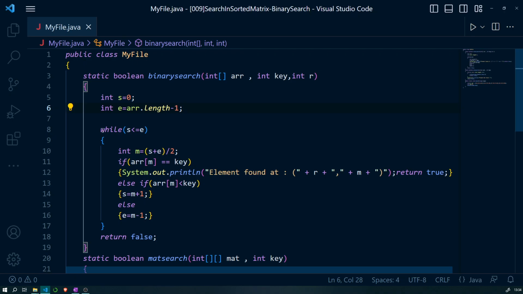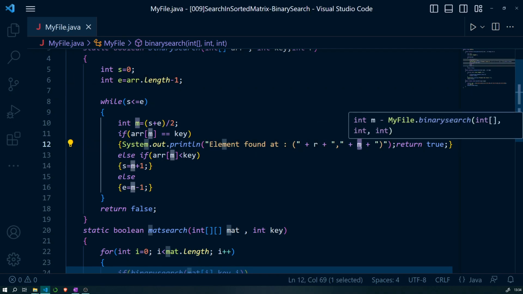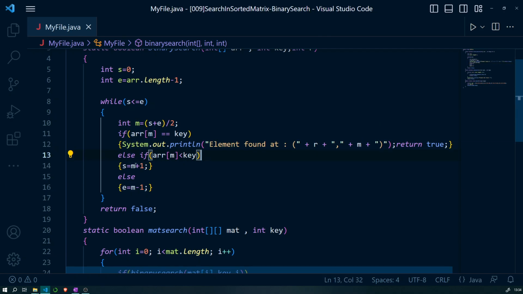While s is less than or equal to e, mid is equal to s plus e by 2. If arr of mid is equal to key, print element found at row number r and column number mid, and return true. Else if arr of mid is less than key, s is equal to mid plus 1, else e is equal to mid minus 1.